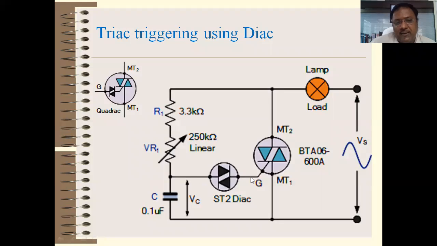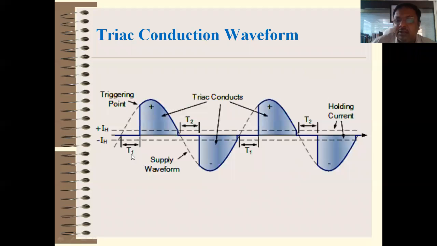but you can control the voltage required to turn on the triac, right? So the diac is another switch, a bidirectional device, a bidirectional switch, and this capacitor may be charged either on the positive half cycle or on the negative half cycle, right? And for both, whether the capacitor voltage is positive or negative, your diac turns on. Once the diac turns on, your triac turns on. So you can adjust the proper timing to turn on the triac, right? It means you can adjust the firing angle, that is T1, right?